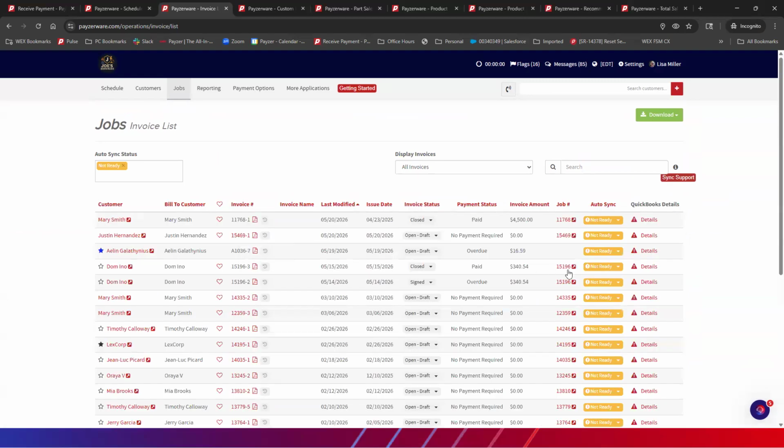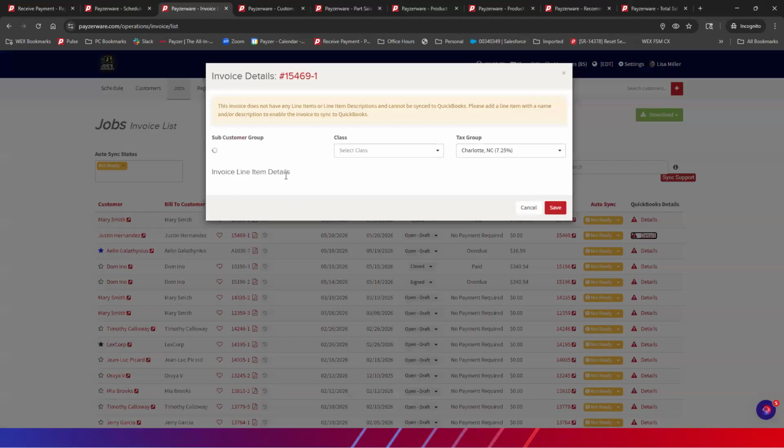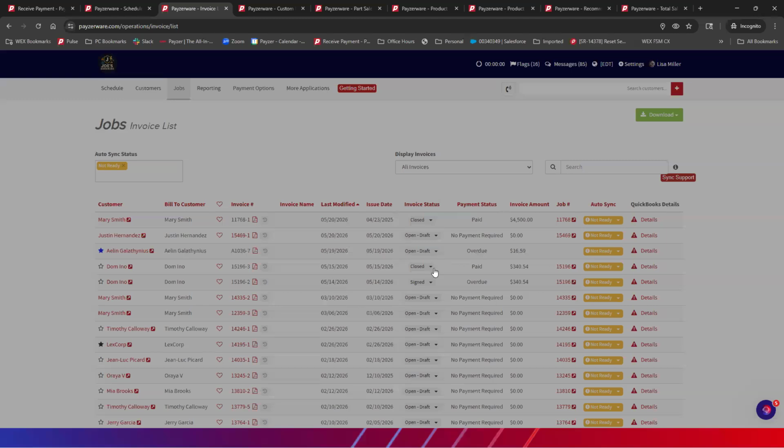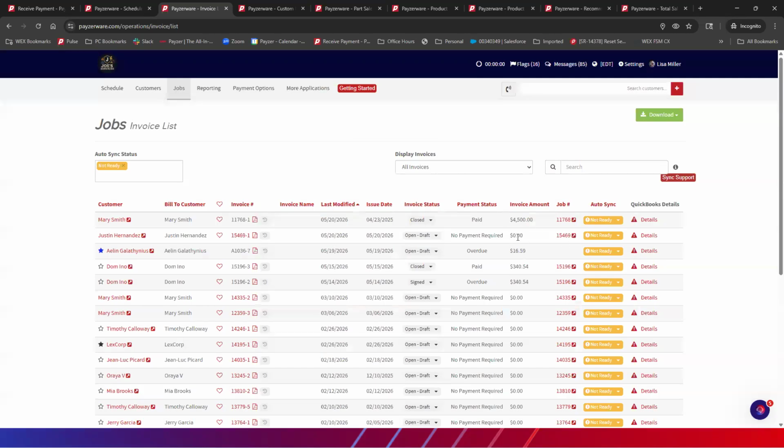Lots of them. Okay, you're also going to see not ready if it's a zero invoice amount, because that means it doesn't have a line item on it. So maybe if you can't charge for something, you create a product in your price book that says no charge or callback or something where you know that you can add that to the job form and let your team know to add it there with a zero amount due. And then this will sync to QuickBooks, even though it's a zero amount due, and that information will be on